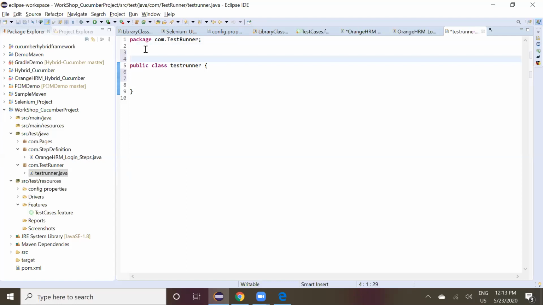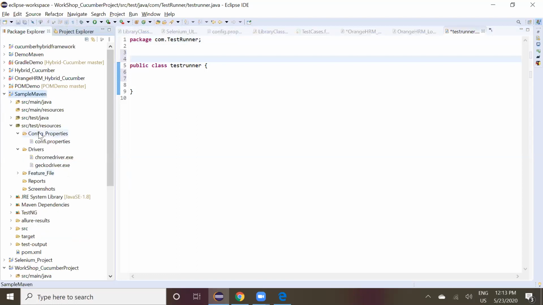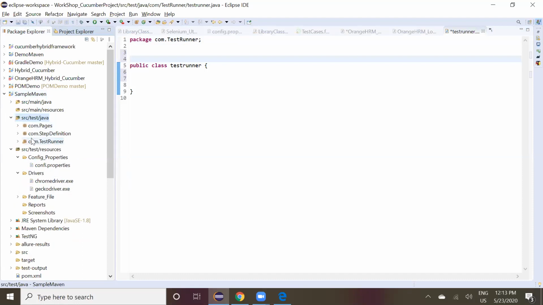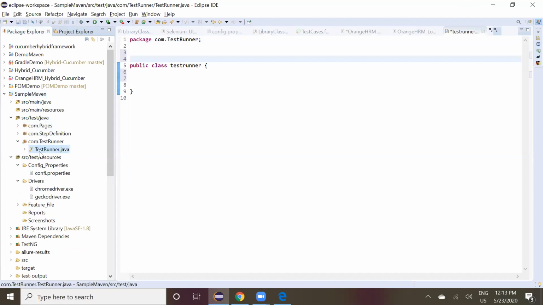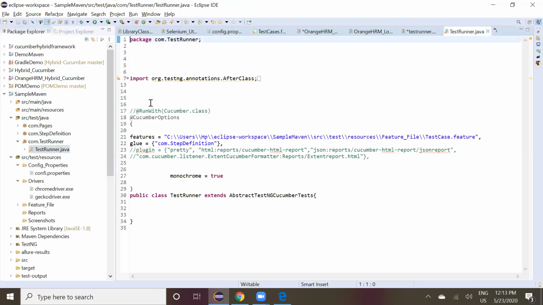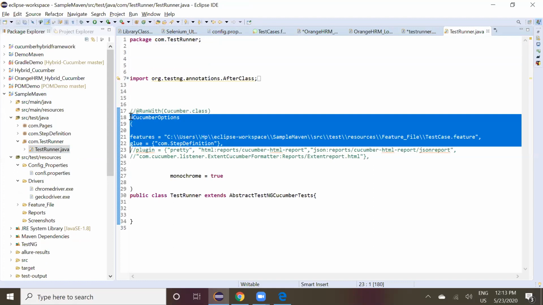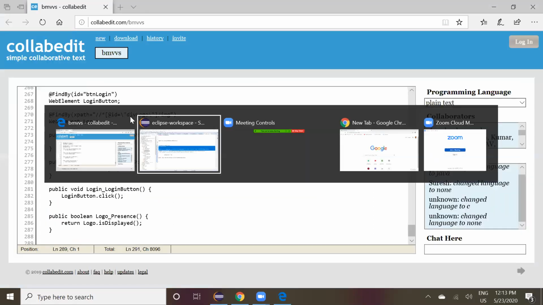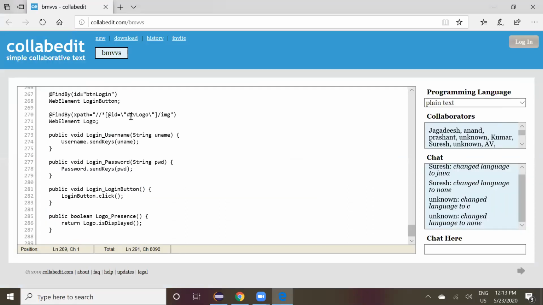Okay. So now what you do is you go to the previous project and copy that code, right? Go to the runner file. See, from the runner file only we are going to run. The word itself tells, right? So here only we are going to run the code. You copy till monochrome true.